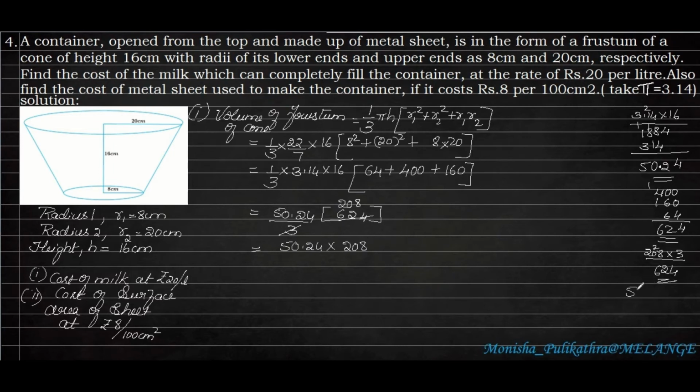Okay. So 50.24 into 208. So 8 fours are 32, 8 twos are 16, 17, 18, 19. Here 8 into 0, 0, 1 will just be retained, 8 fives are 40. Next 0. 0 into 0 is 0 here. Next 2 fours are 8, 2 twos are 4, 2 into 0, 0, 2 fives are 10. So here 2, 9, 9 and 4, 4, 1, 0. So after 2 digits we have to put a point here. Okay. So here 1044.992 centimeter cube.